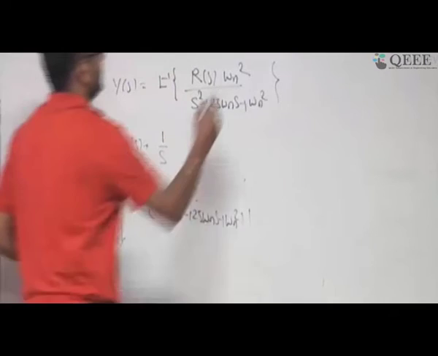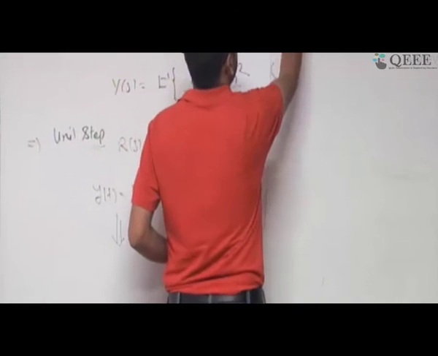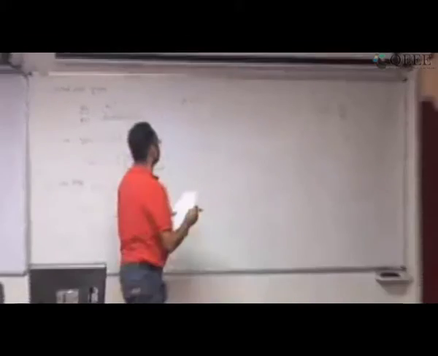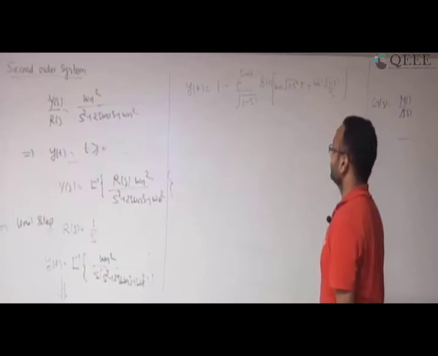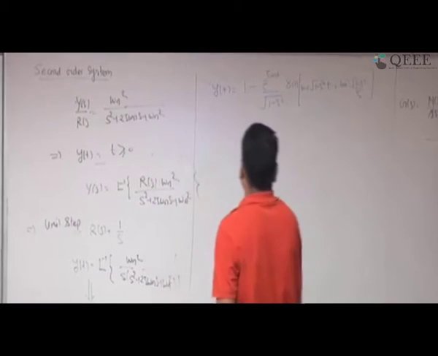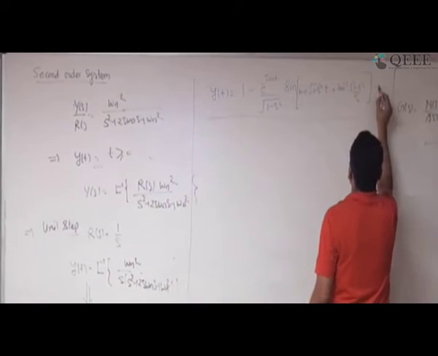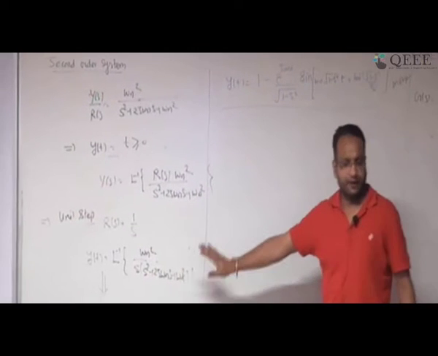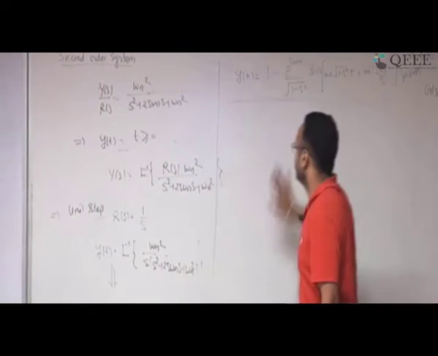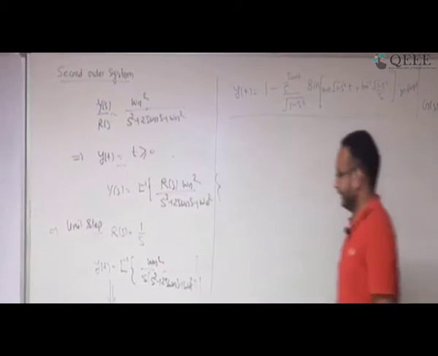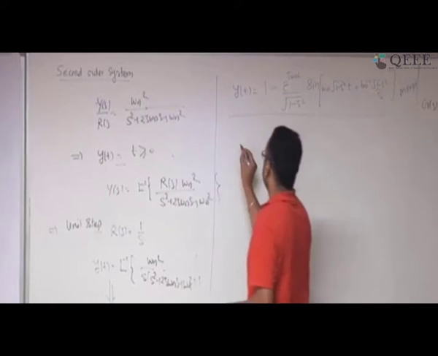This y(t) directly is going to be this. I am just writing the term because my objective is to explain the meaning of the term. So this is the response of a second order system for a unit step input. You can look at this part in any book, Nagrath and M. Gopal book. I am not going for the derivation of this. It is not so difficult; if you know how to find the inverse Laplace transform, you can get it. Our objective is to understand how it is behaving.